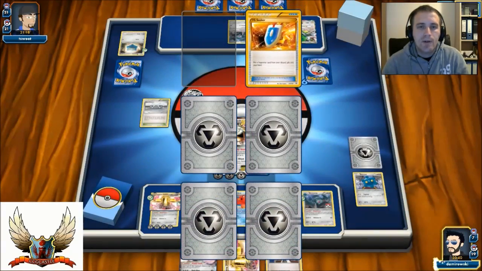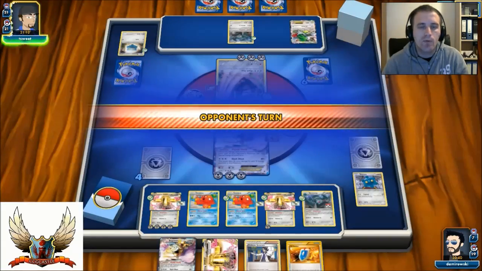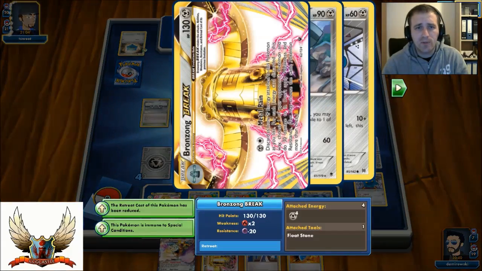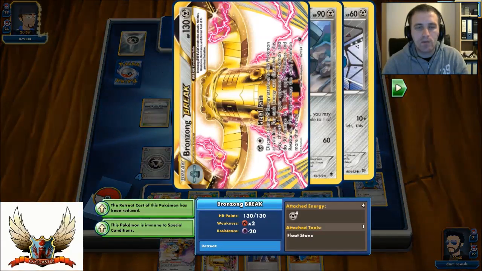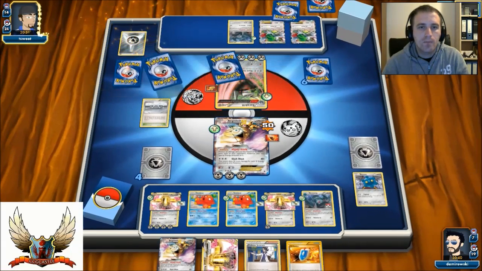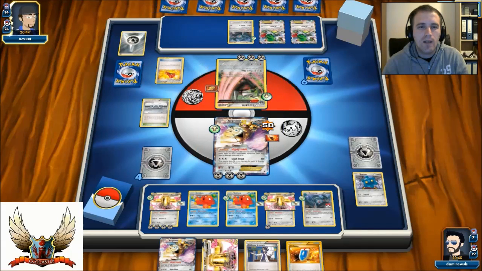Okay, so next turn, I guess, oh, there's versus Seeker, that's really nice. So next turn I can just go with Lysandre for maybe easy 2-price knockout on that Shaman. But I guess when I get rid of this Escadrille, it's pretty much over for my opponent. If he gets a versus Seeker, he can actually get the knockout on my Bronzong BREAK. But right now I see the second Shaman in play, which is definitely awesome, because with like 8 energy,